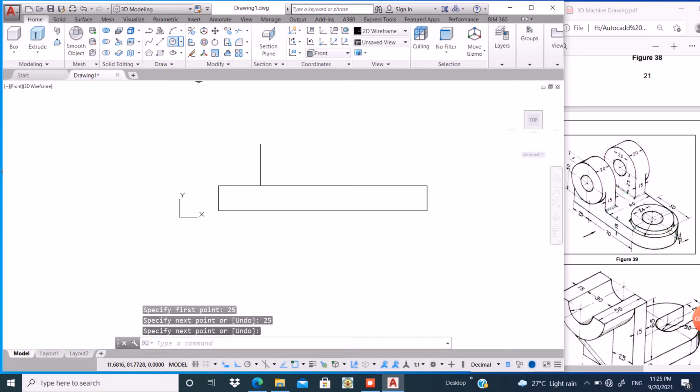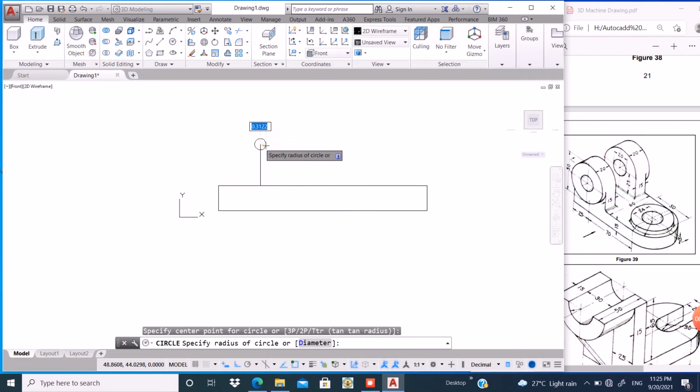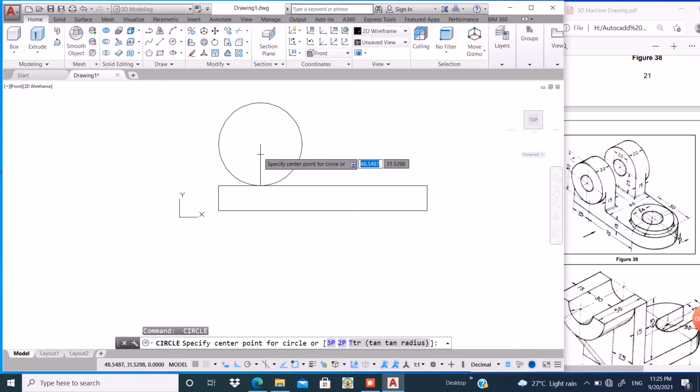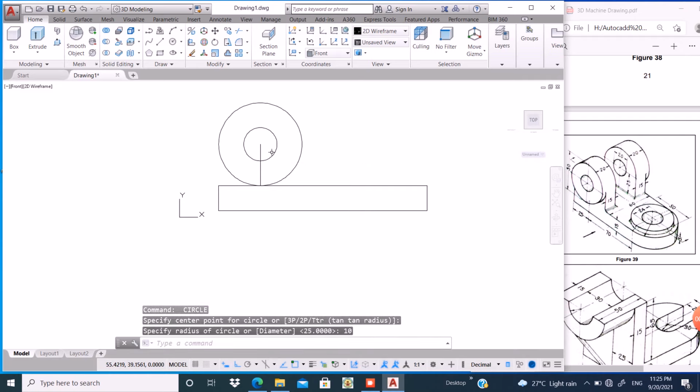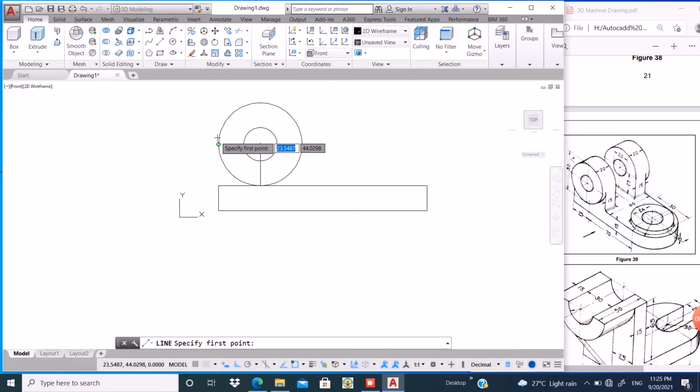Now take the circle command, click here, radius of 25 units, and again the circle command with a radius of 10 units. Okay, now take the line command, click here, close, click here, close.